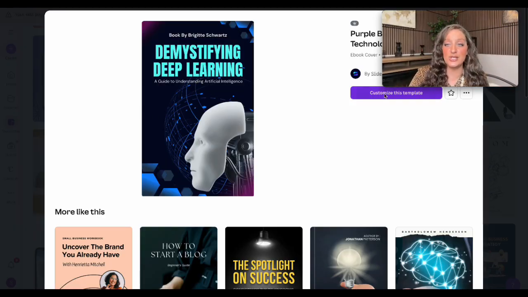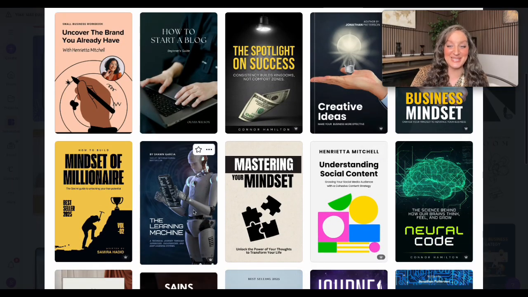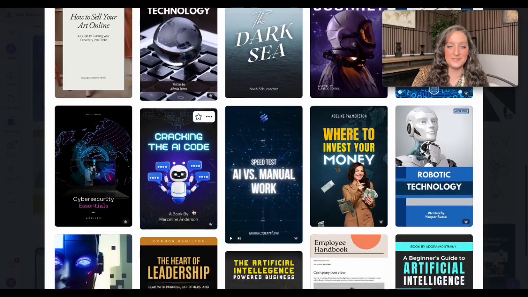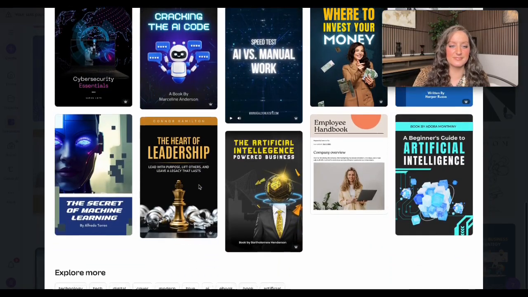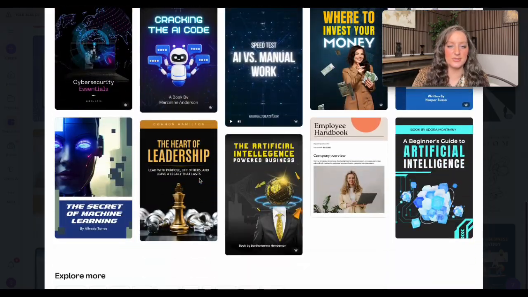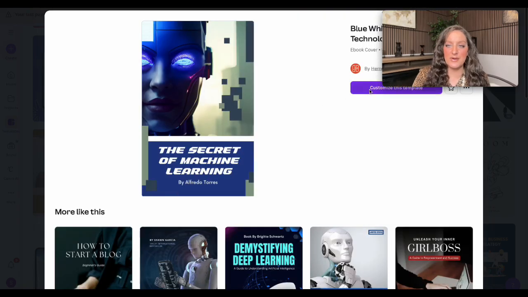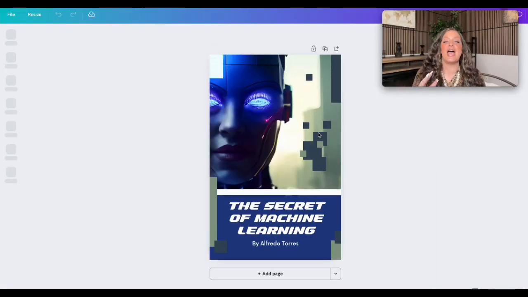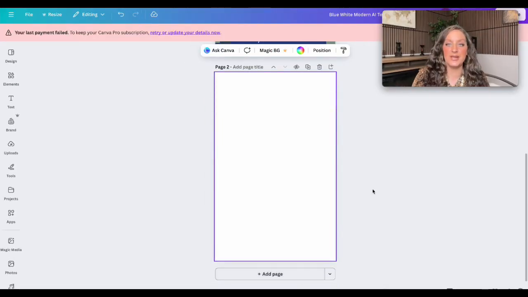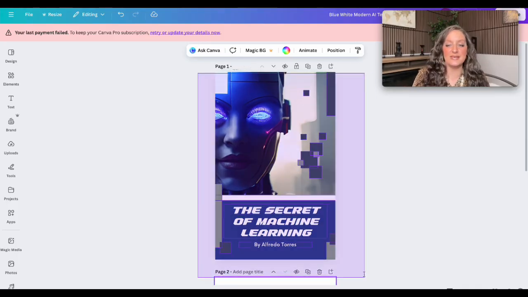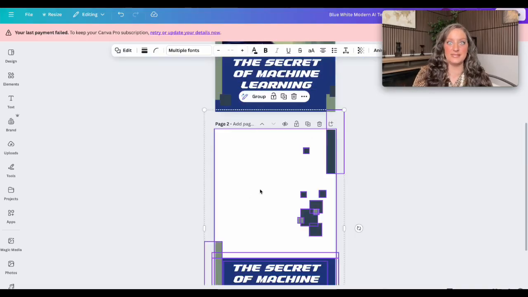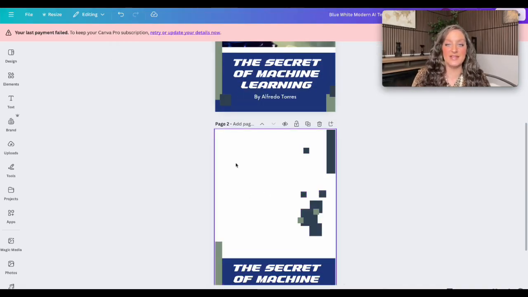So let's go ahead and use this one. Let me see which ones they have down here. Oh, I kind of like this one too. Let me see. Let's do this one. And we're going to hit customize. And then I'm going to show you how to actually go in here and design it. Okay, it only comes with one page, so you could just click add page, right? And then what you're going to do, if you want this as the background for everything, is just copy it, right? And then come down here and paste it, okay? And then it will literally have that on there for you.